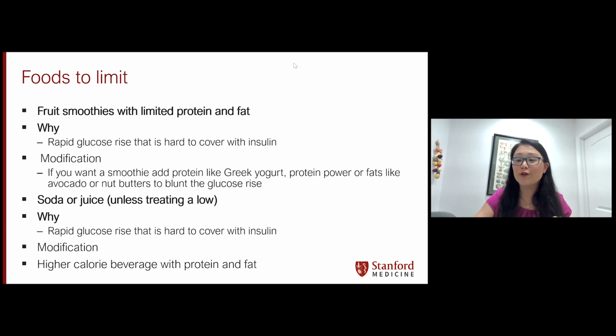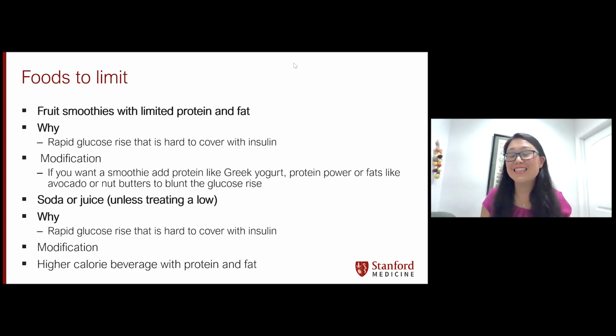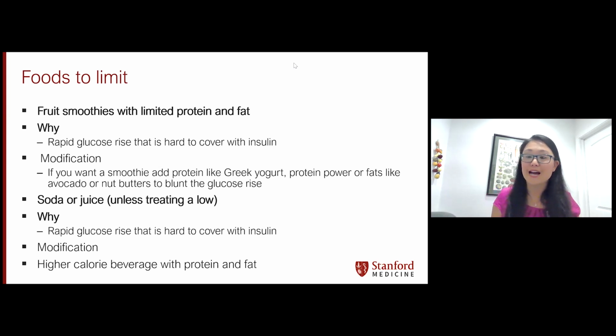Other foods to limit. So in general, thinking about fruit smoothies, or an acai bowl or something like that, that is going to be very high in sugar and elevating your blood sugar very rapidly. I'd say try to maybe have less of those. But I would also say that if you add some Greek yogurt or some protein or nut butters or avocado to that smoothie, it would be an excellent choice because that's going to slow down your digestion and make it not as blood sugar spiking. It's really hard for the body and also hard for the insulin, if you inject insulin, to meet the needs of a plain fruit smoothie because blood sugar will rise very rapidly.